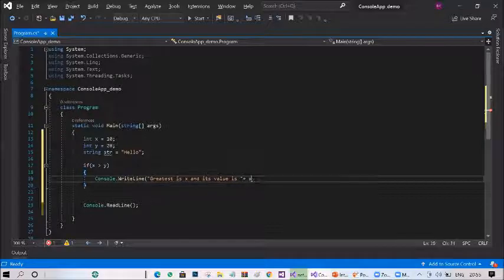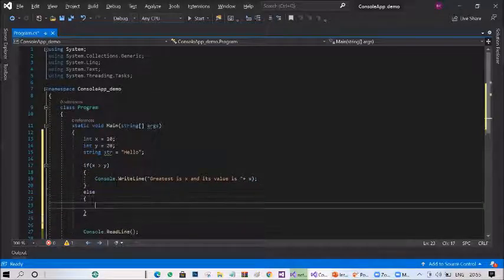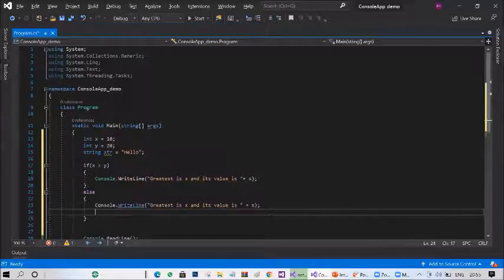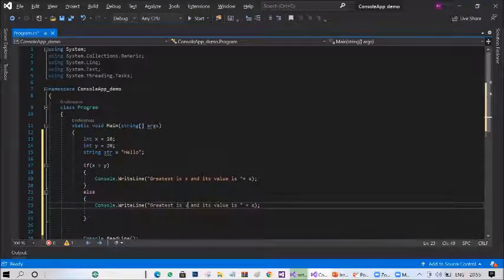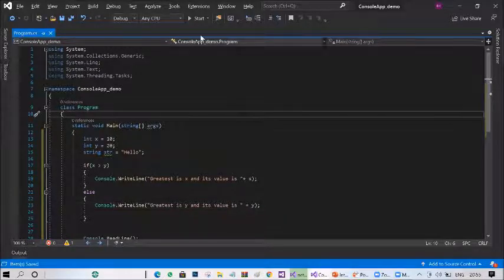We missed one bracket for closing. Then else, again we copy this line and put it here: it's y, its value is y. Let's run this program again.